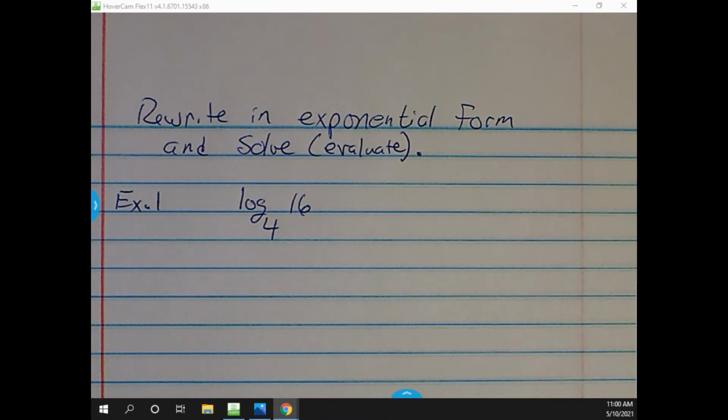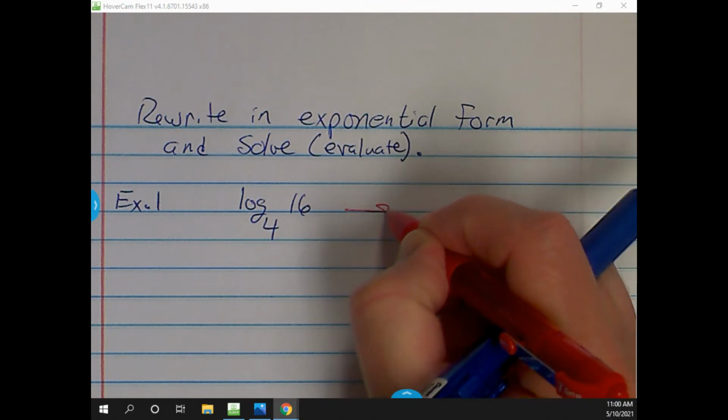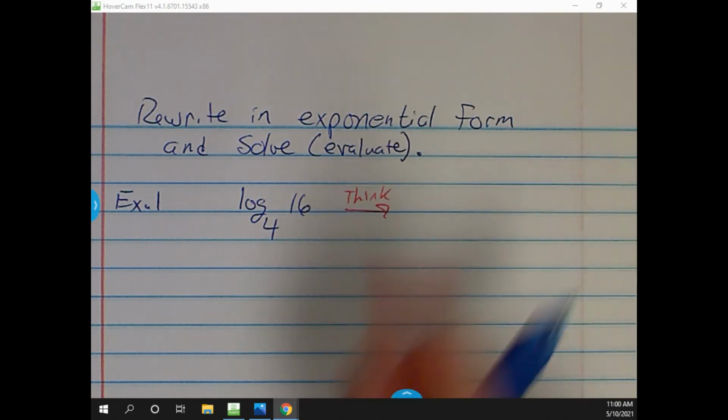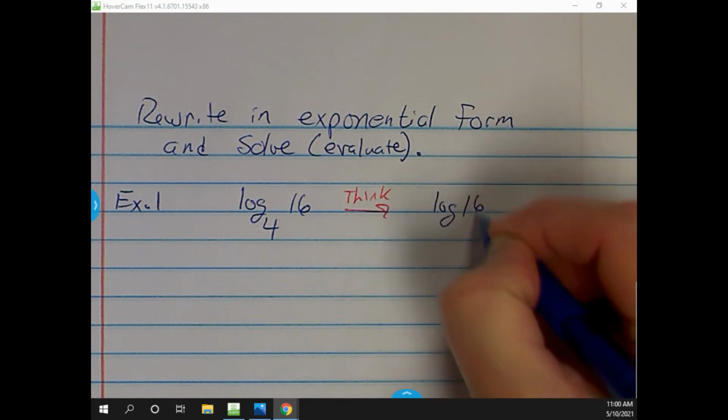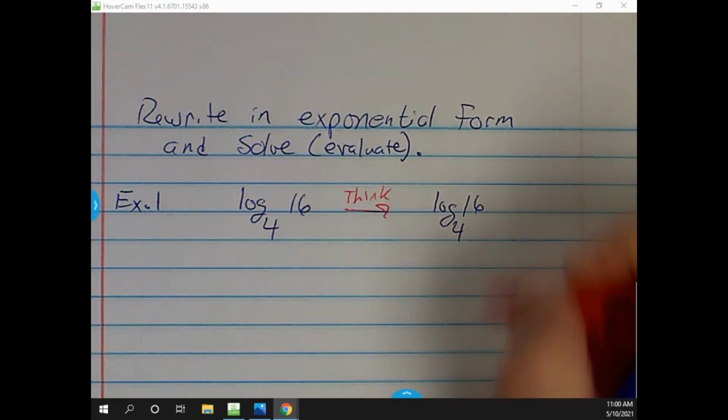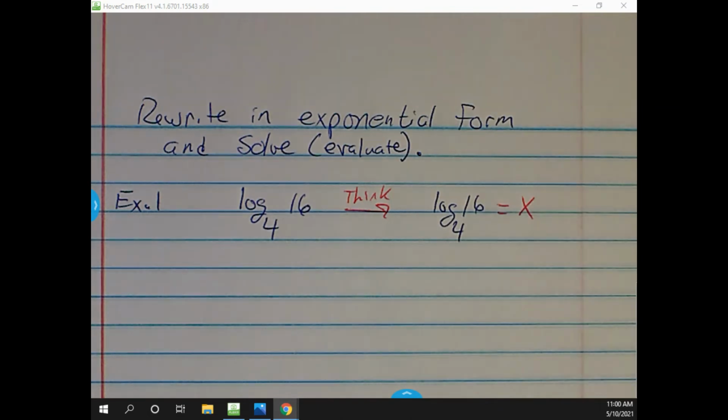Okay, now this is something I can remember when I first started doing this, because I got really confused on these the first time going through this one. They would give me something like this, and they'd ask us to rewrite it and then to solve it. Well, the first thing is, when I would see this one, I was like, well, how am I going to rewrite it? It's not equal to anything. So when they give you this, you basically just have to think that you're still going to have your log of 16 base 4. You've got to just add in that it equals x or something like that. Because they don't give you that, you have to go back in and put that in yourself, which is a little bit